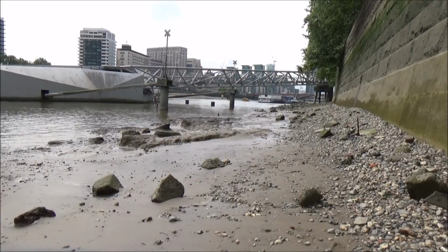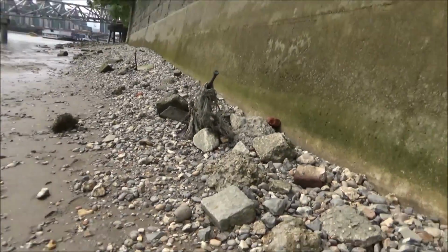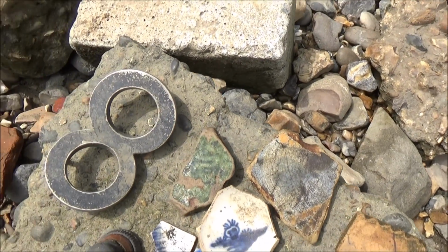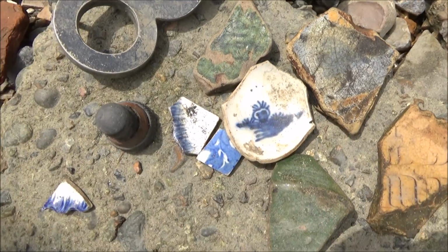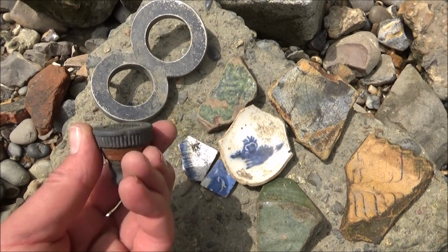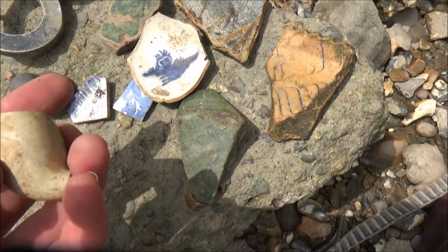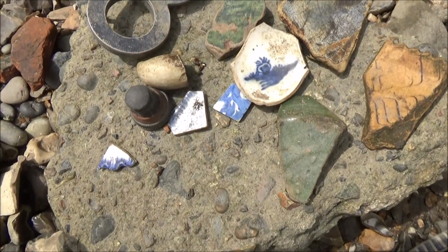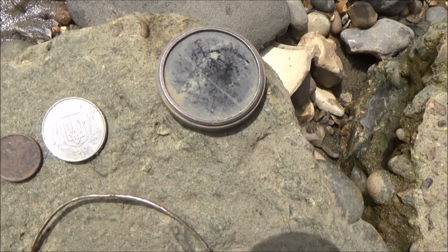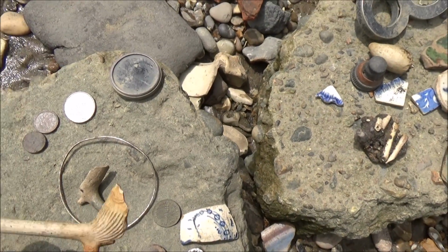So here's a little wrap-up of the things that I found today on my outing with Clem over there with his metal detector. Lots of nice pottery, some really old pieces here of slipware. Pieces of eight. There is a vulcanite bottle stopper. This is her roundup. I'm filming her roundup. Can't get away from these vulcanite bottle stoppers. Some pearlware. A nice pipe bowl. Some pipe stems fused into the earth. The end of the camera lens, some foreign coins, a silver bracelet, a nice long pipe stem with a maker's mark on,